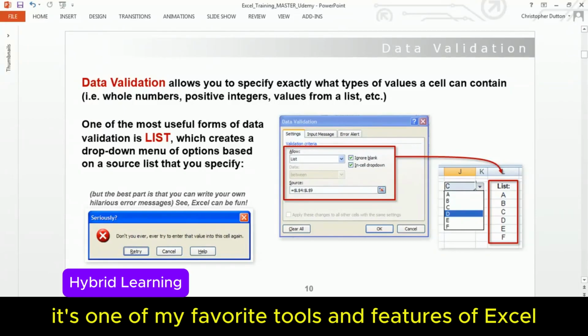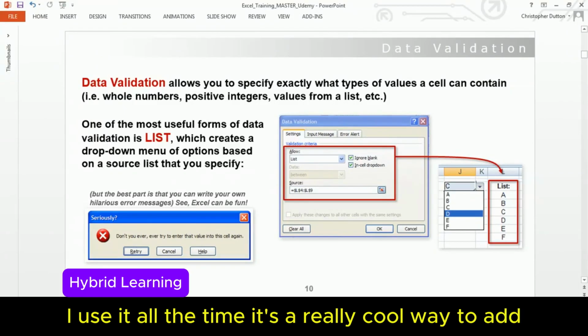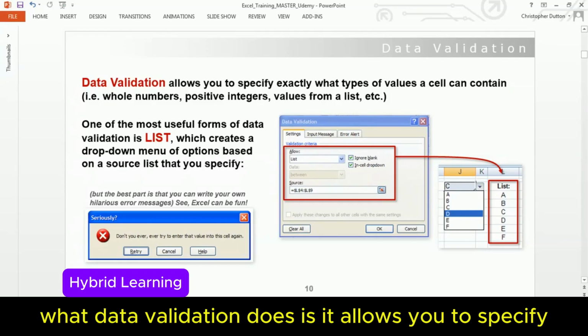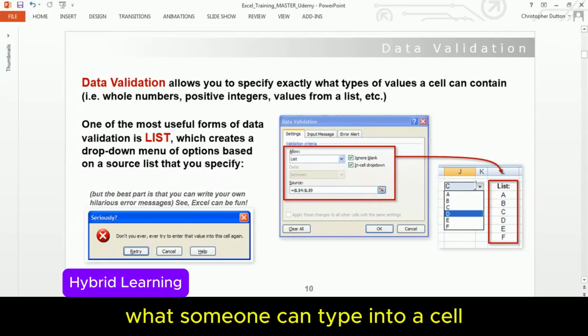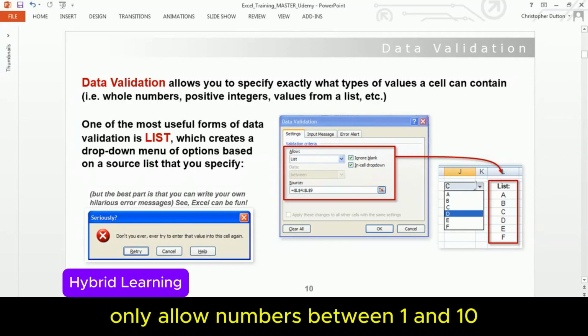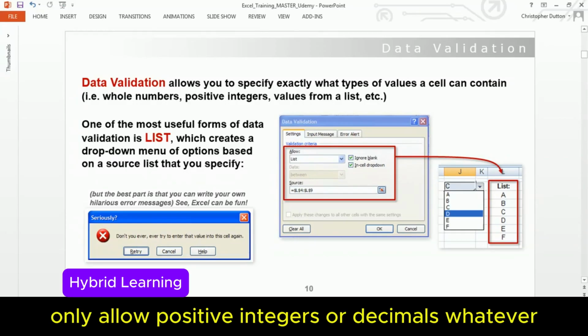It's one of my favorite tools and features of Excel. I use it all the time. It's a really cool way to add a dynamic element to your workbooks. Basically, what data validation does is it allows you to specify what someone can type into a cell. So you can say, only allow whole numbers, only allow numbers between 1 and 10,